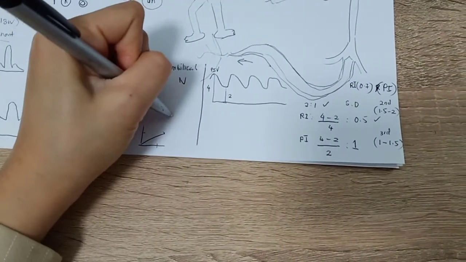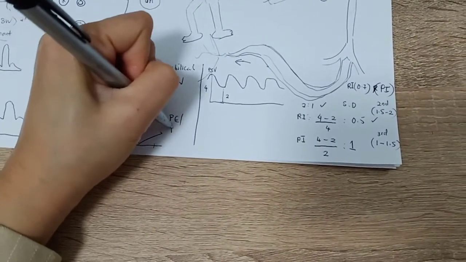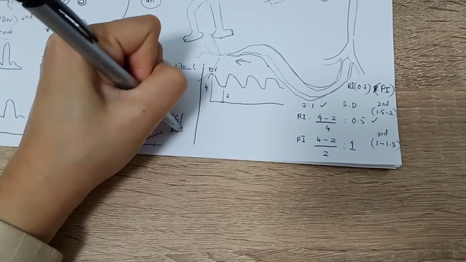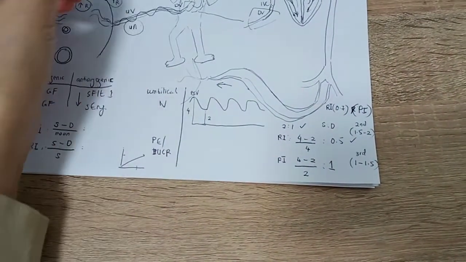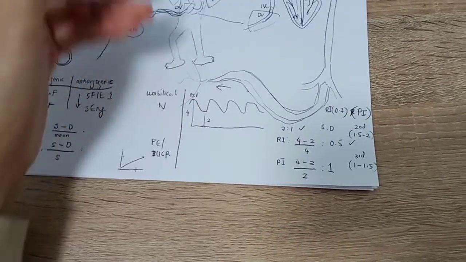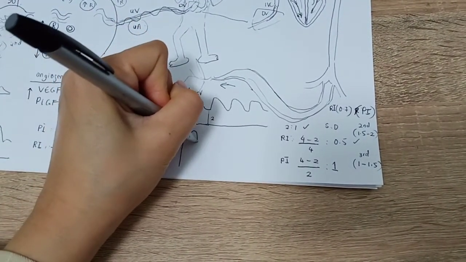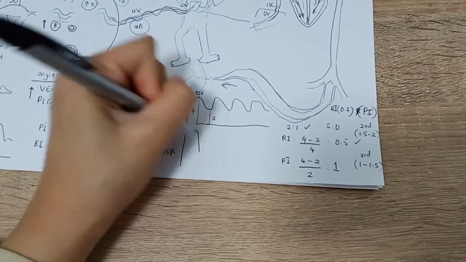So in the abnormal condition, such as IUGR or PE, when there is placental insufficiency causing high resistance in the fetus as well, there will be high peak